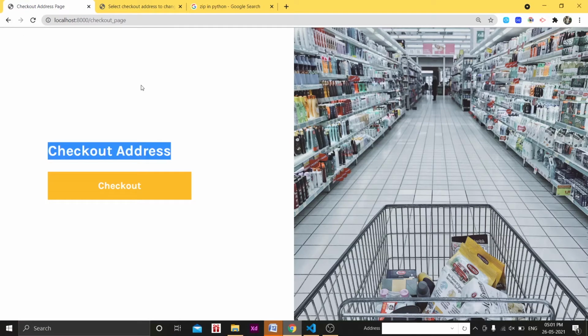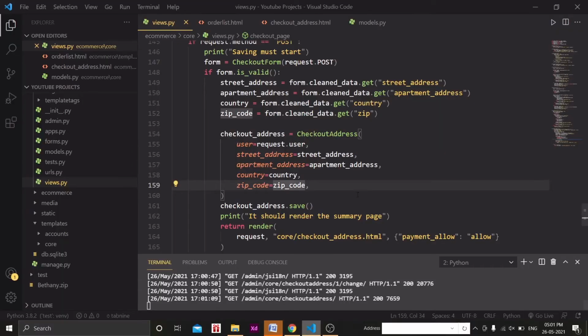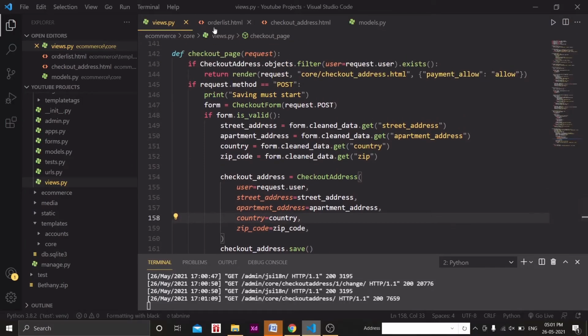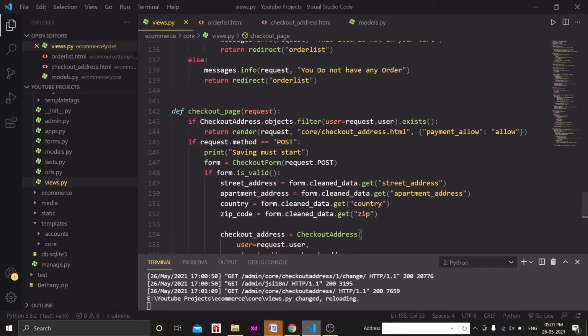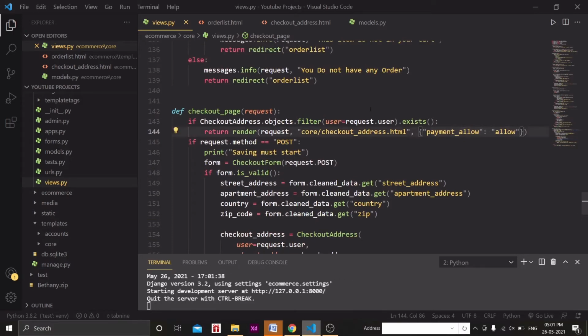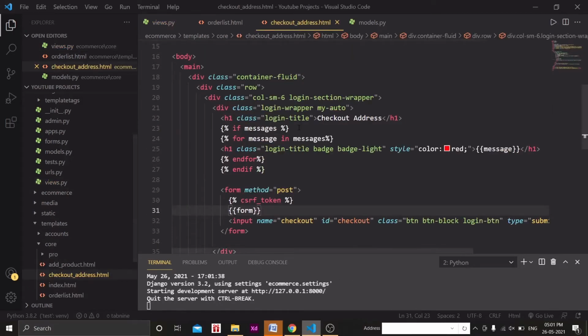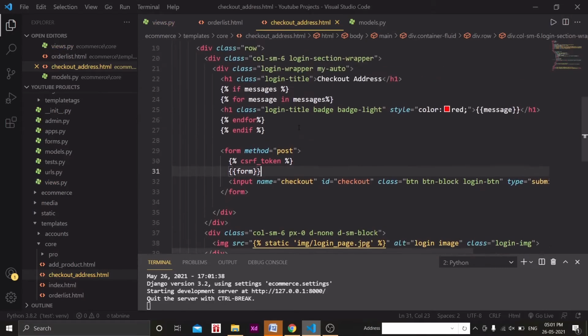If data is stored, if I am logging in as admin and I have already stored my address data, then I should be directly redirected to the payment page, skipping the middle process of filling the form of checkout address. Okay, now the purpose that I have written this, where is that, so I pass this payment allow option, allow, because in the checkout address HTML page here